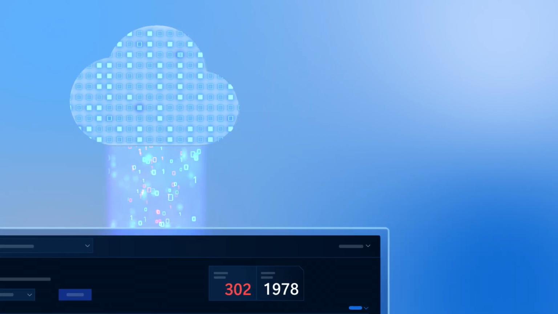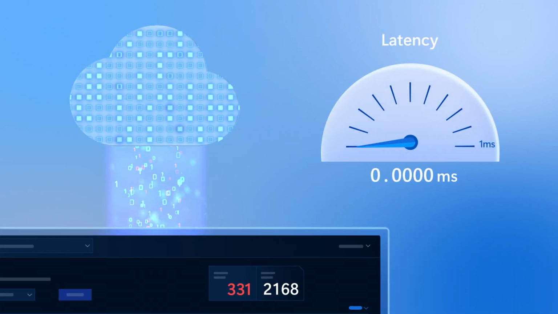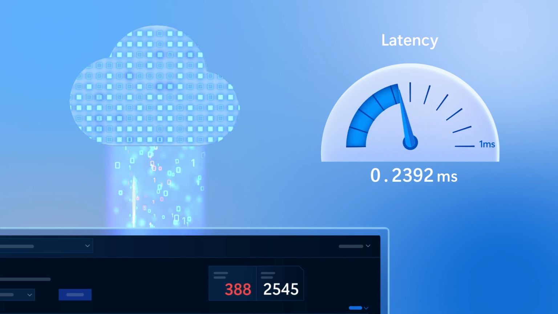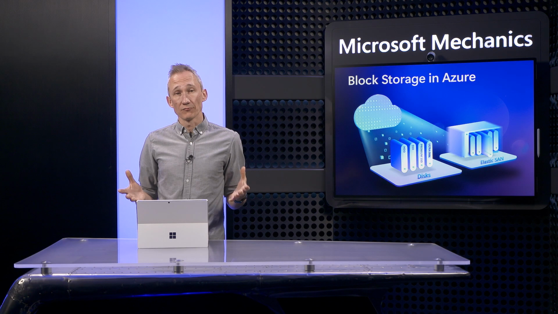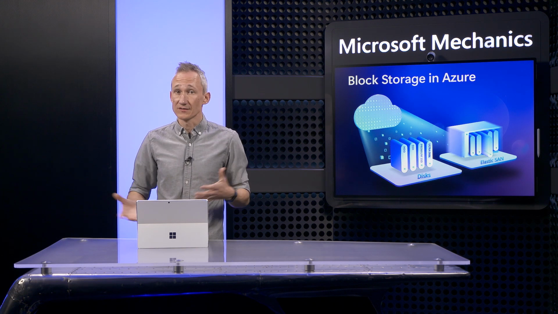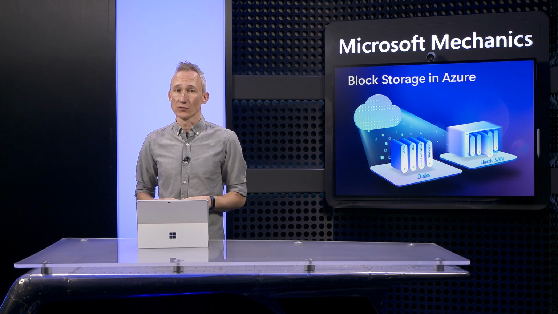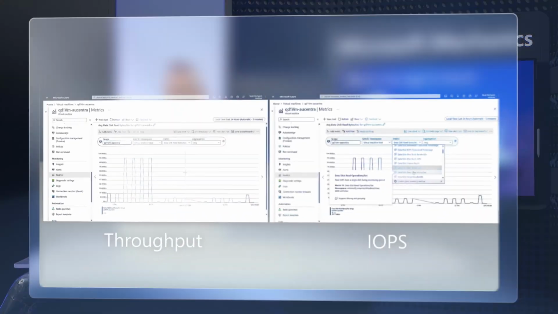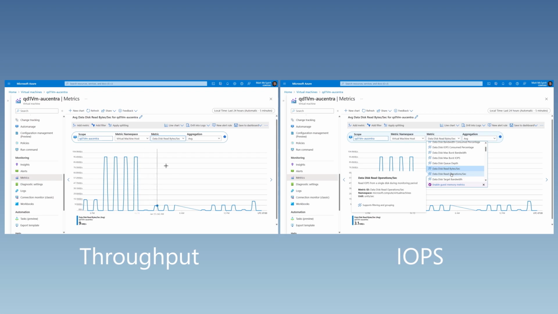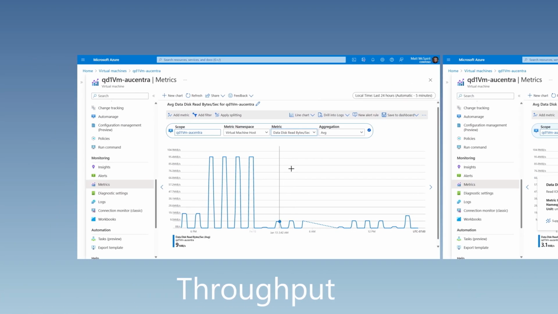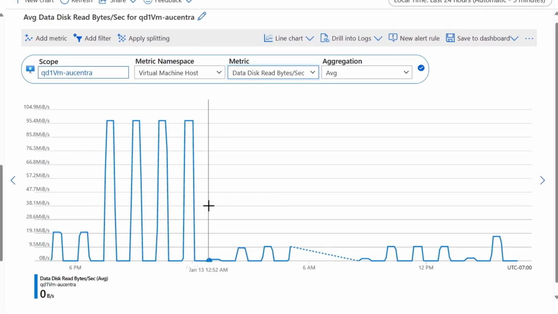Finally, critical to performance is latency, which is how long it takes operations to access the disk storage to read the data or write to it. As a managed service, latency can range from several milliseconds to single-digit and sub-millisecond performance, depending on the disk storage option you choose. If you're not sure about your workload requirements, you can monitor VM metrics for your workload. This can help you to gauge the average IOPS and throughput for your app, spot the times when your IOPS peak, and see how long those peaks last, as well as how often they occur.